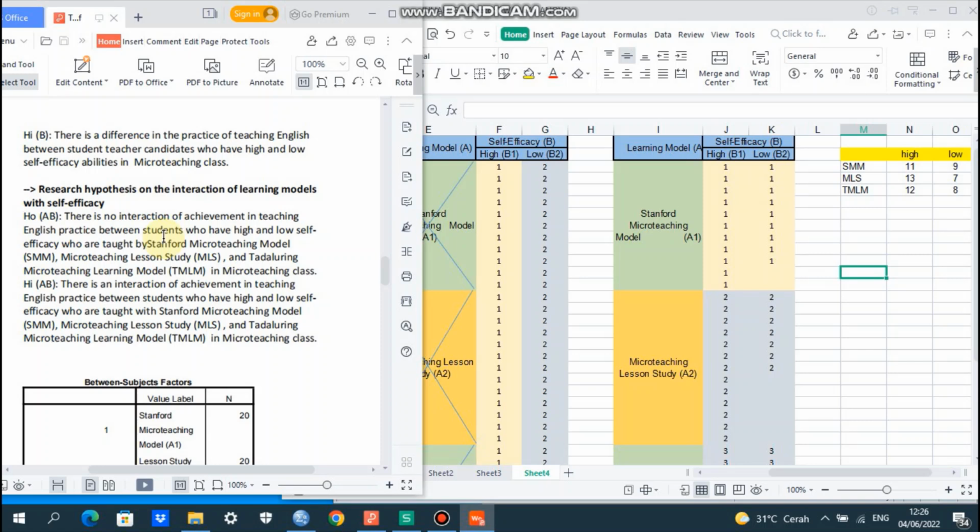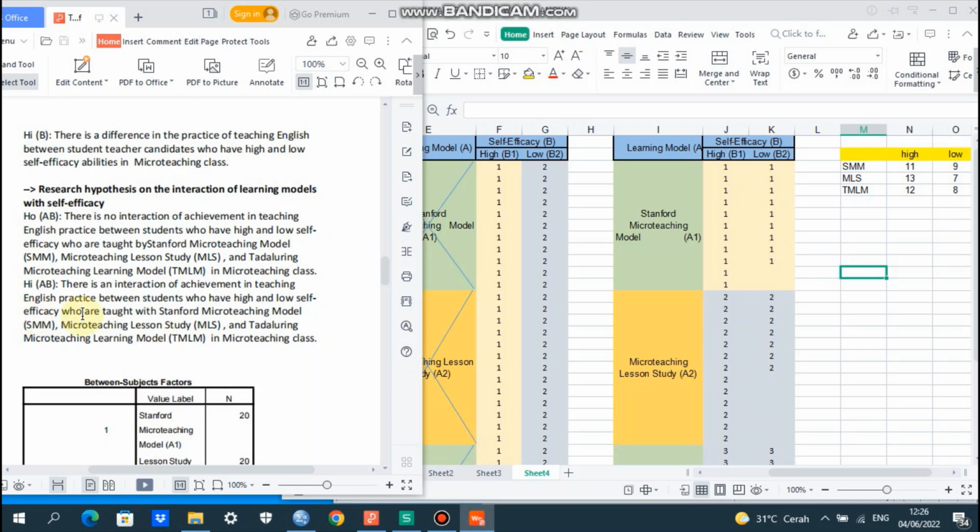So the H0: there is no interaction of achievement in teaching English practice between students who have high and low self-efficacy who are taught by Stanford Micro Teaching Model SMM, Micro Teaching Lesson Study MLS, and Tadaluring Micro Teaching Learning Model TMLM in micro teaching class.